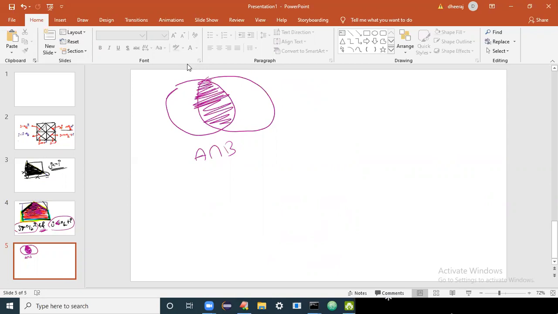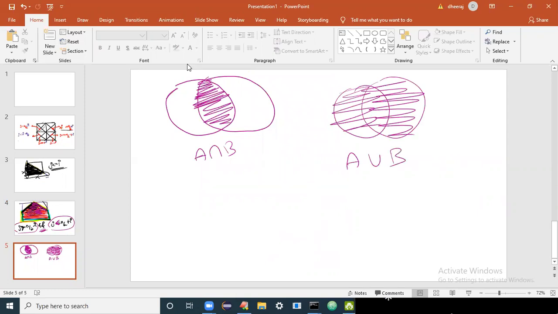I don't know if you remember this or not. Intersection was called A and B. Now there was something else also, that is union. It was represented like this, A or B, and pronounced as A or B, or A union B. So what is happening? Or means combination, and means intersection. Intersection means where the common areas are meeting.